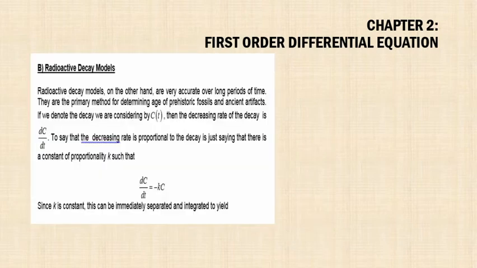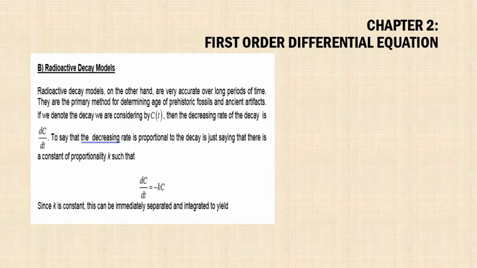Now we look at the applications of differential equations in radioactive decay models. Radioactive decay models, on the other hand, are very accurate over long periods of time. They are the primary method for determining the age of prehistoric fossils and ancient artifacts. If we denote the decay we are considering by C of t, then the decreasing rate of the decay is